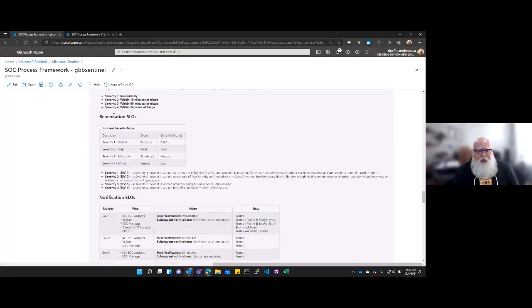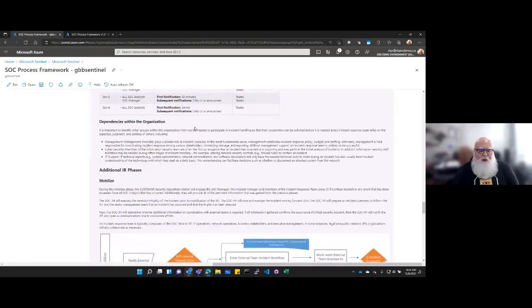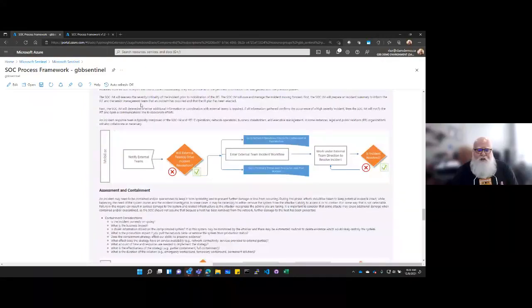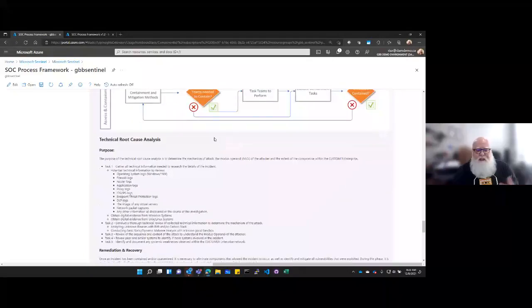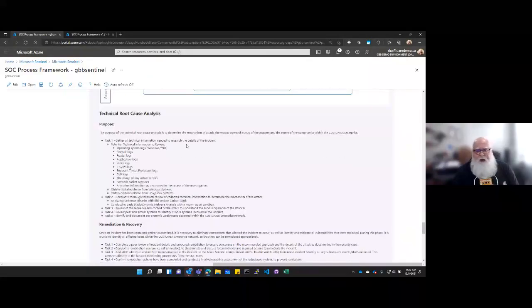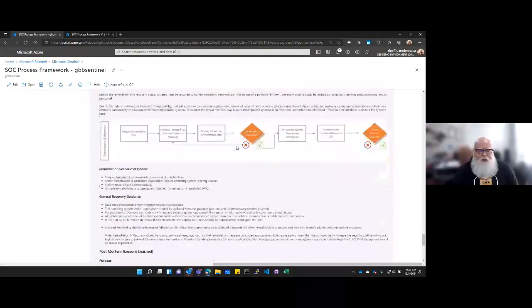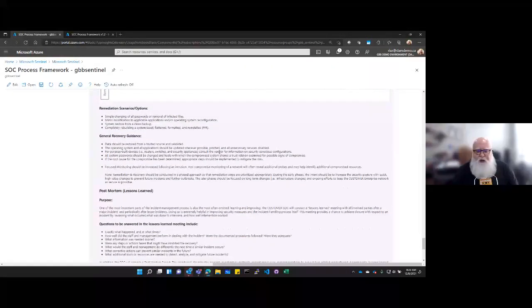But we kind of give you some examples of what a remediation SLO looks like, or a notification SLO, and then dependencies within the organization. And then we break down those additional incident response phases for you, so that you have an idea around mobilize, assess and contain, looking at the technical root cause of an incident and getting down to that deep level analysis, focused on remediation and recovery, what that might look like, some scenarios and options to consider with general recovery guidance